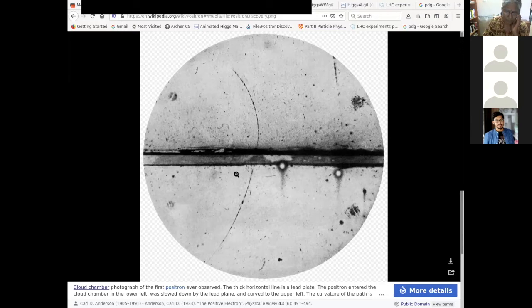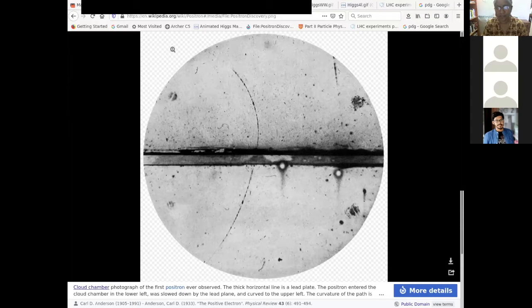Okay, many particles are produced in S-channel processes. Now you know what S-channel is, right? E plus E minus coming together will give you an S-channel process. E minus mu minus scattering was a T-channel process, right? So in an S-channel process, the final state will add up to the invariant mass of that particle. I will show you the LEP experiment where we will see that for E plus E minus, if root S is exactly equal to the mass of the Z, then it produces just the Z boson at rest. We will come to that. So I will hold the question until then, okay? Because I'm just going over various things.